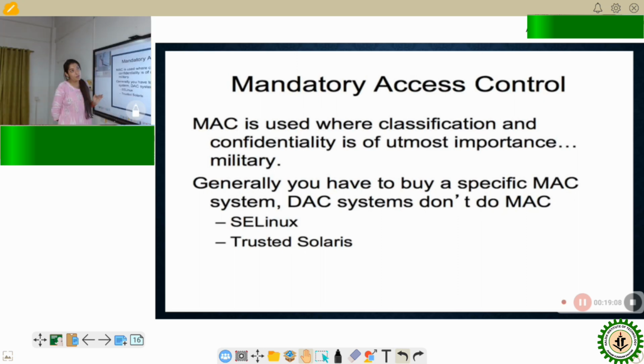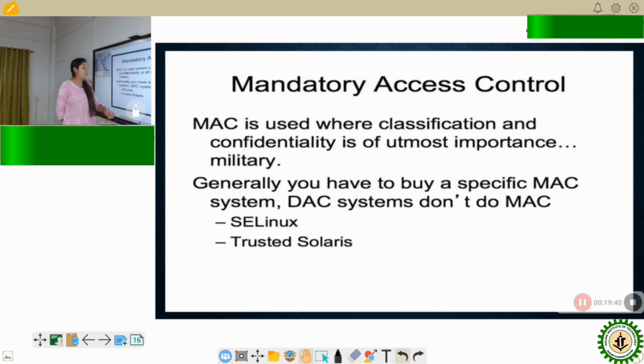If there is very sensitive information that you need to protect, a very common example is the military or any espionage agency. That is where you would find this model being used. In commercial systems, the MAC model is generally not used. It is not built into any commercial systems which you buy for your normal workspace or your home.